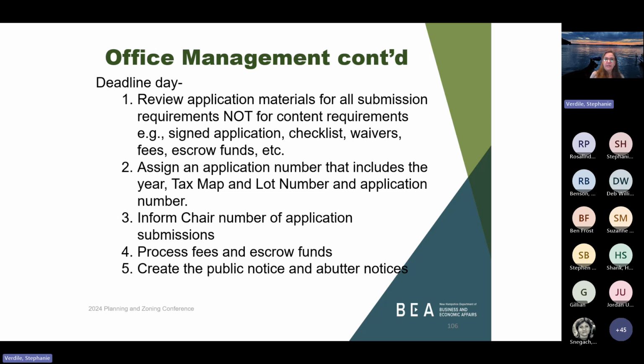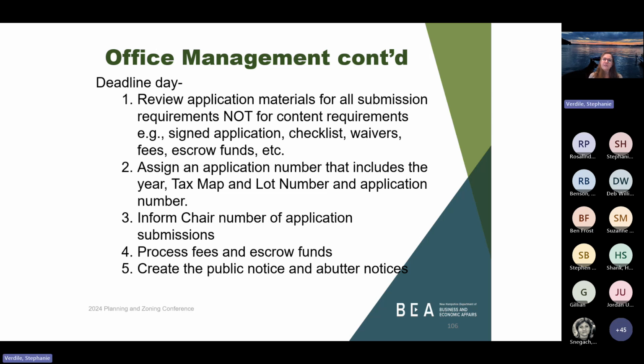That's when you would assign an application number. The best way to do that, to keep track of it, is tax map and lot number, because those would rarely change. If you get into street addresses for filing your applications, street addresses and numbers can change, and you're setting yourself up for some confusing record keeping down the road. So tax map and lot numbers are pretty steadfast and true to remain the same. And add your PB 2024-001. That's just a basic way to keep track of your applications, keep track of knowing how many that you have.